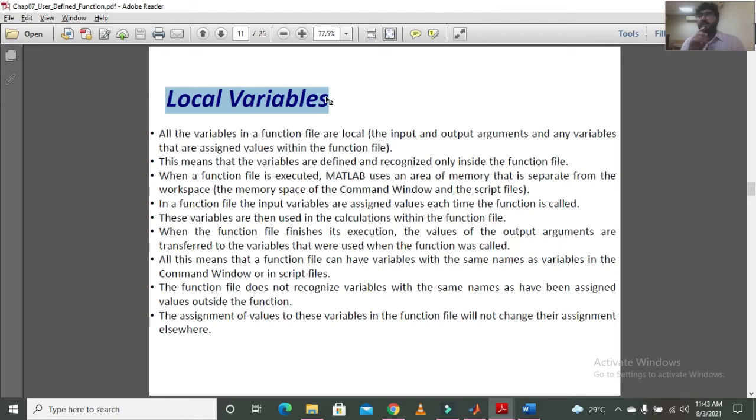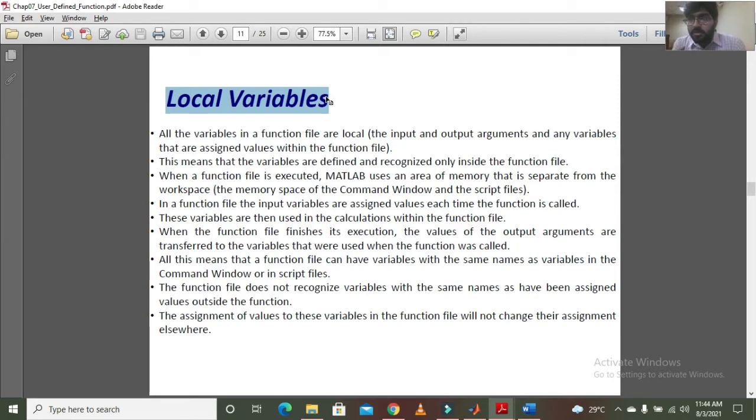The outputs of these local variables will not be shown in the workspace window. The workspace window will show only the values of those variables which you have used in the command window or in some script file.